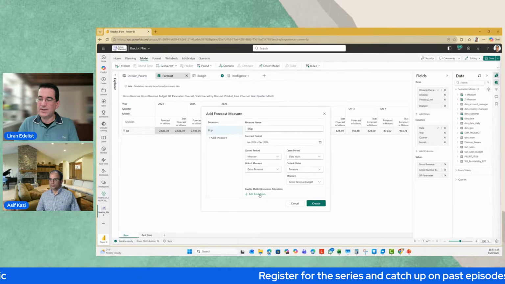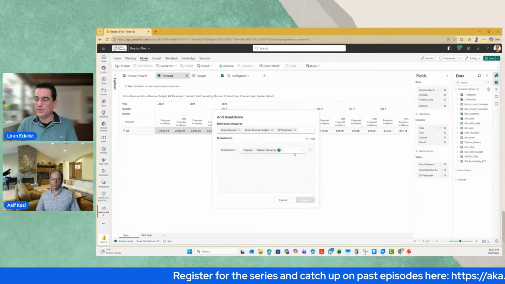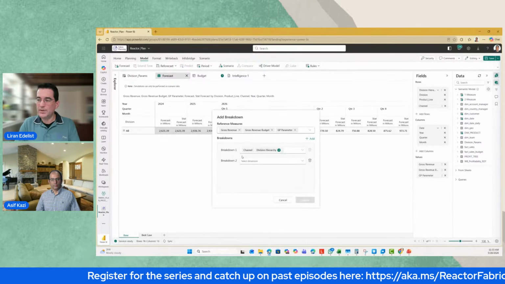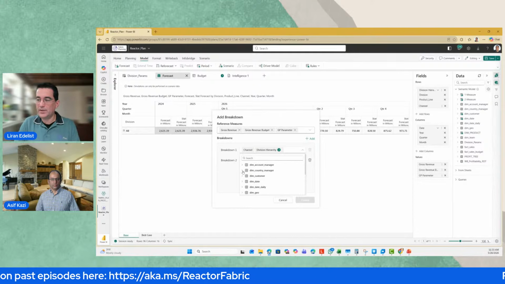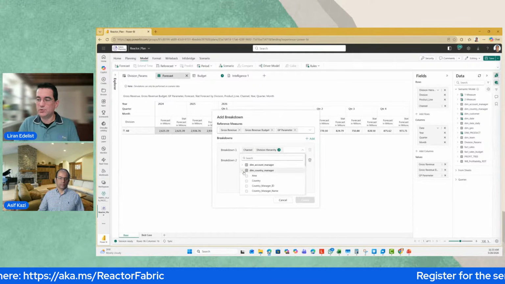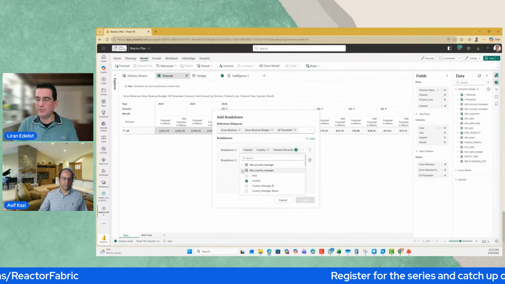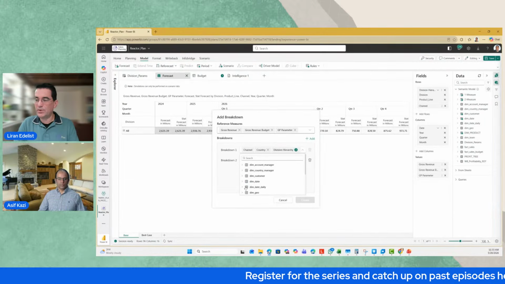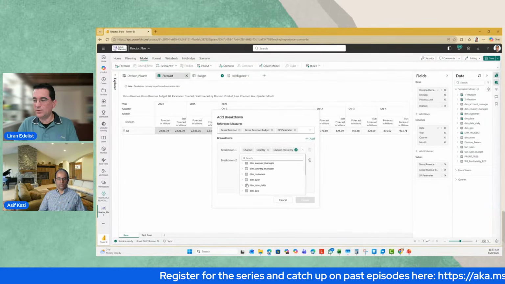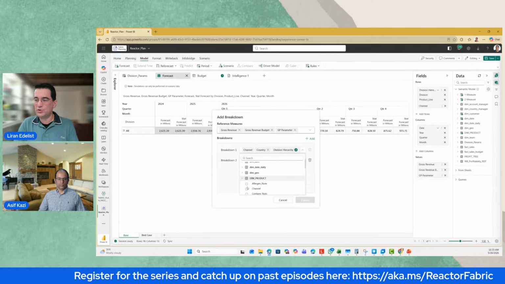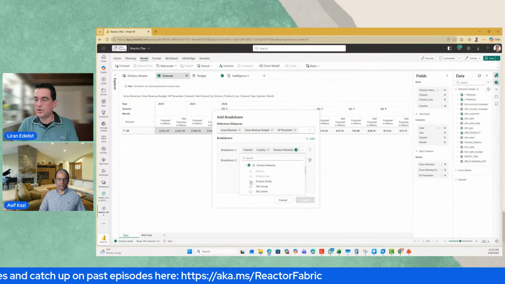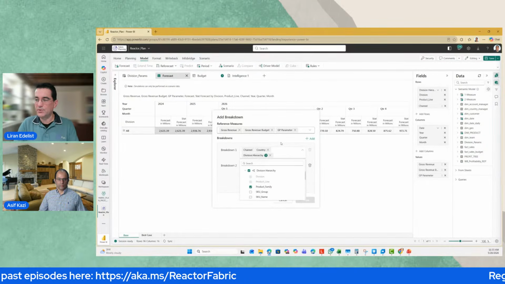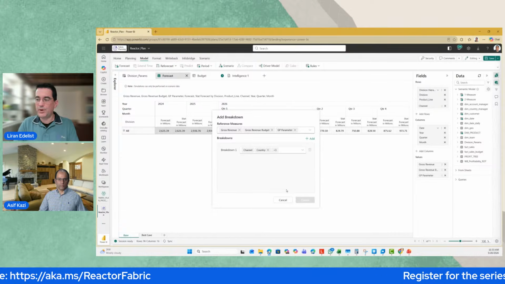But what I can add here, I can add a breakdown. And this breakdown allows me to decide that I'm taking extra dimensions that are not existing here and just allowing maybe drill down into a country level. And I can go here and say, okay, now I want to do maybe a breakdown in my product dimension, not just to the product line, but also to another level of details that is going maybe into my product family. So there are different types of breakdowns you can do.